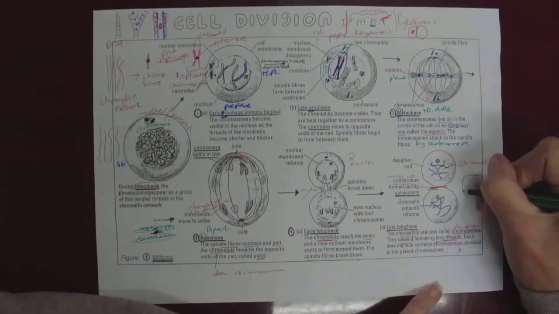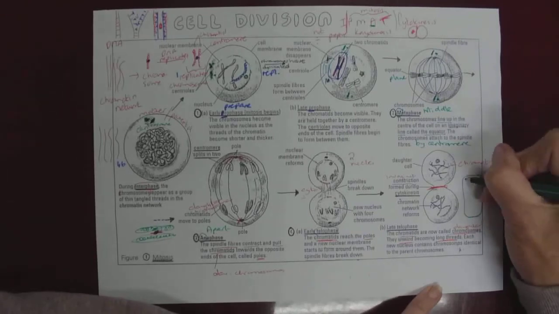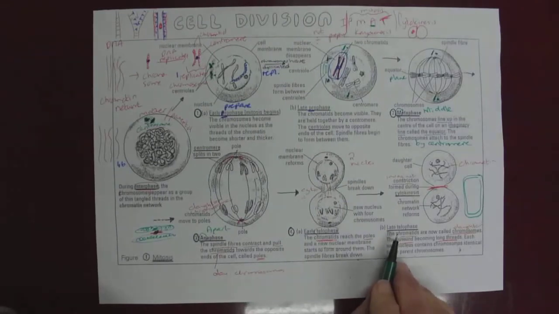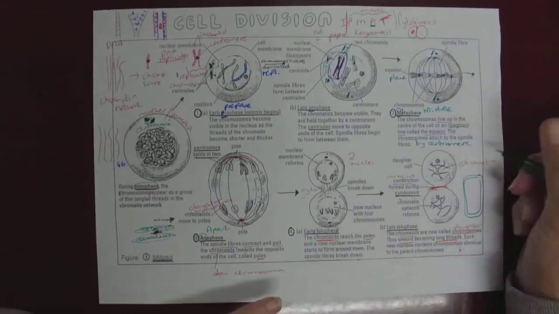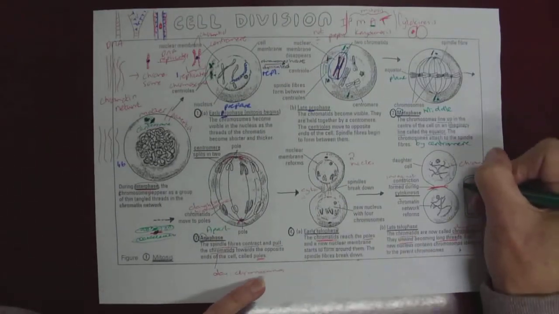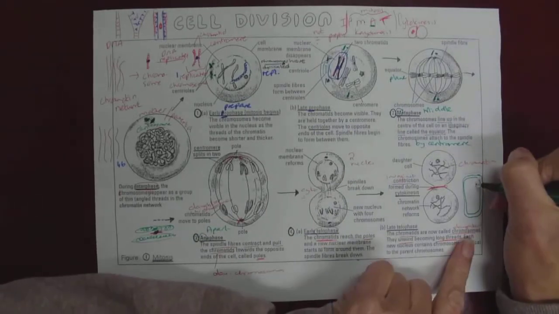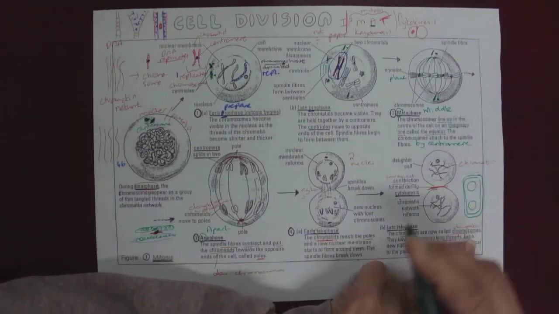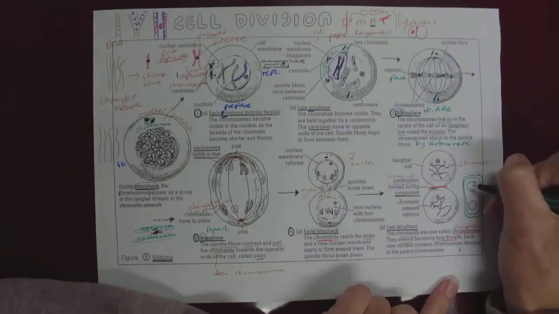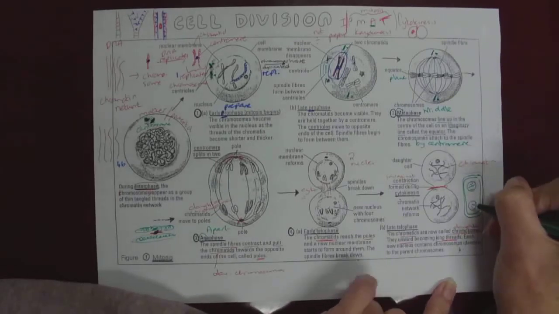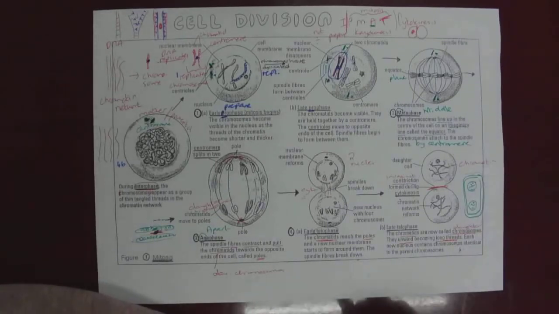Now, plant cells are surrounded by a cell wall. So everything happens the same except for cytokinesis. It's a bit of a problem if it's a plant cell because of the rigid cell wall around the cell. So at the end here, end of telophase, there would have been 2 nuclei, all right, with the chromosomes and the nucleolus